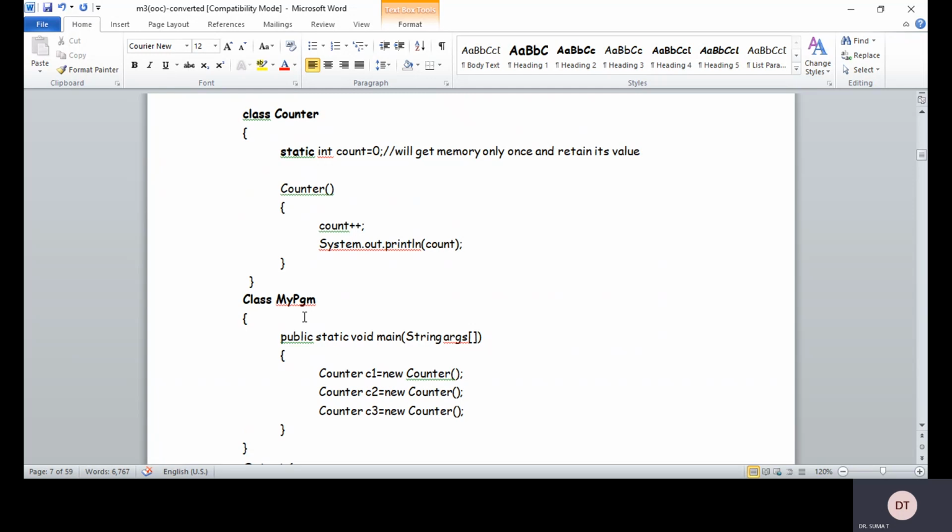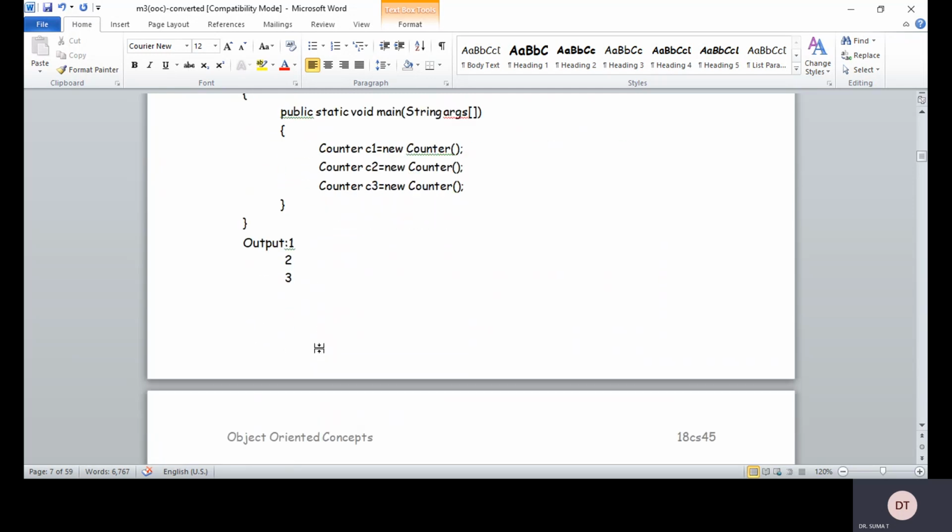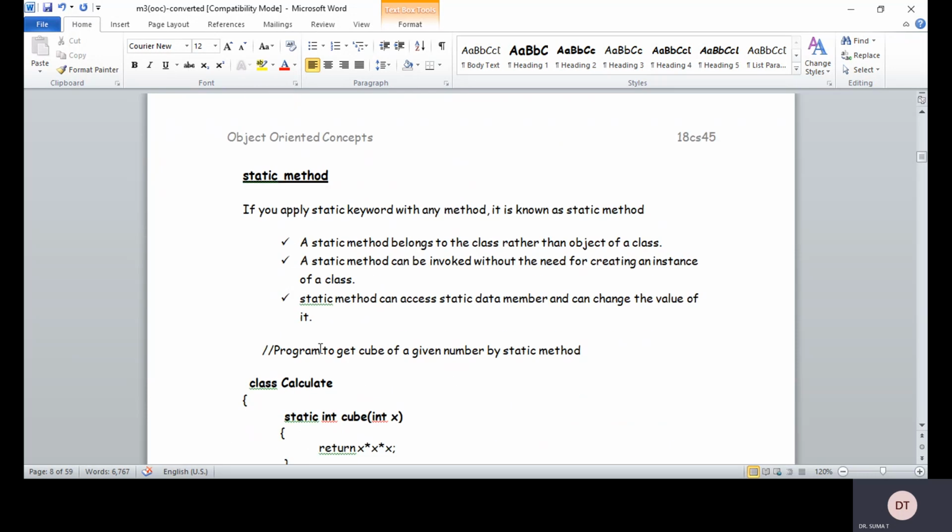When you declare it as static, it retains its value whenever an object is created. Now let us come to the methods, which are nothing but the member functions. In Java we call it a static method. When you are going to declare static,